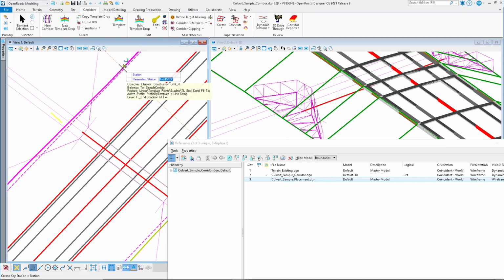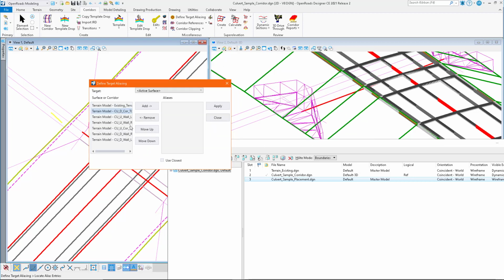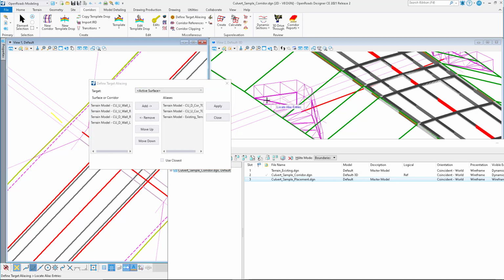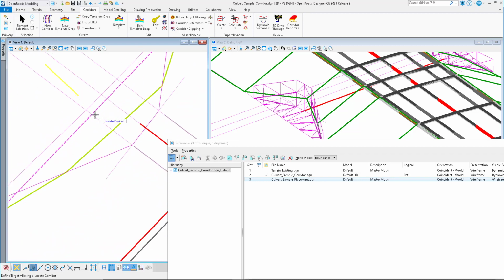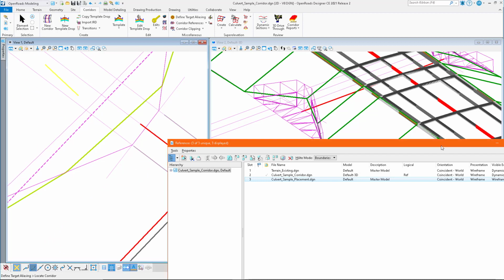So locate corridor, no, define target aliasing, locate corridor. And now I have the reference terrain model, so the target ones for downstream and upstream, and after the existing terrain. And I don't want to target those. Those are the ones that just display the walls. So I'll apply the computation, close,